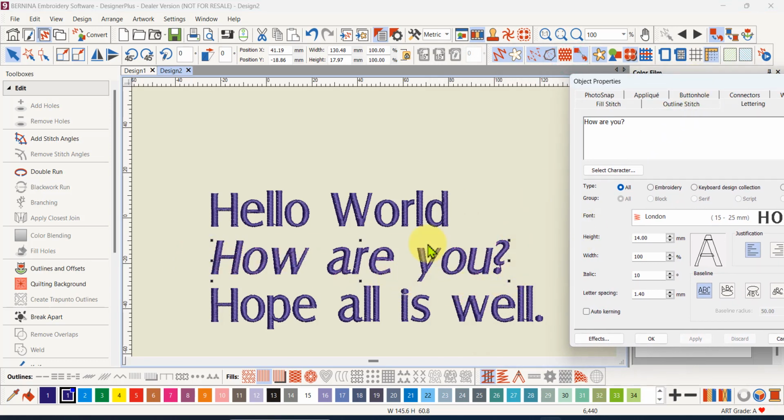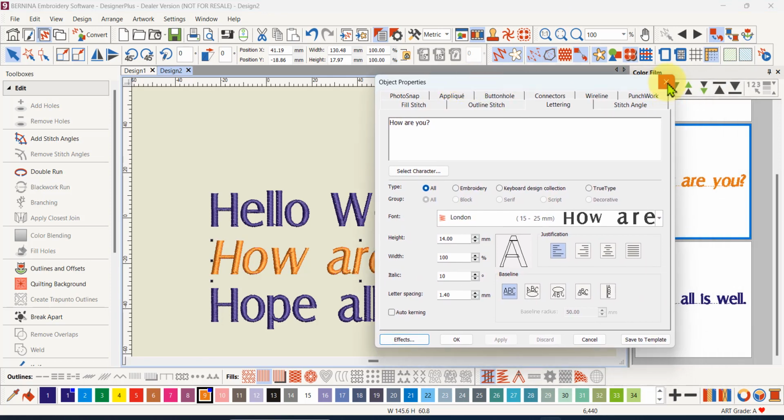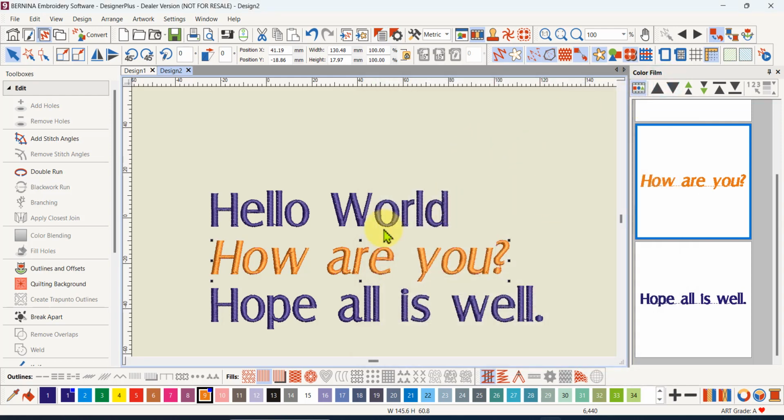Now that I've got a separate line, I could make that one line a different colour. I could also make it a different fill, but I'm going to talk about fills in a little while, so we'll leave that for now. But you don't have to stay with the default satin fill for the lettering. Okay, so that broke apart the